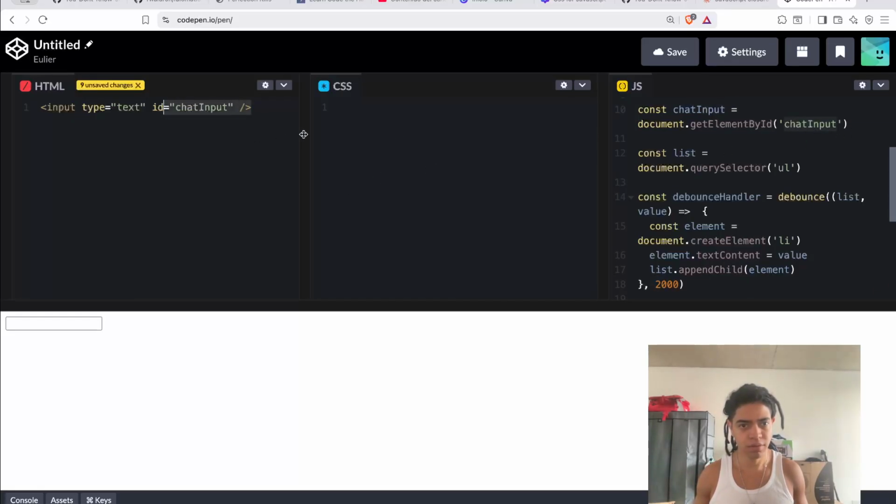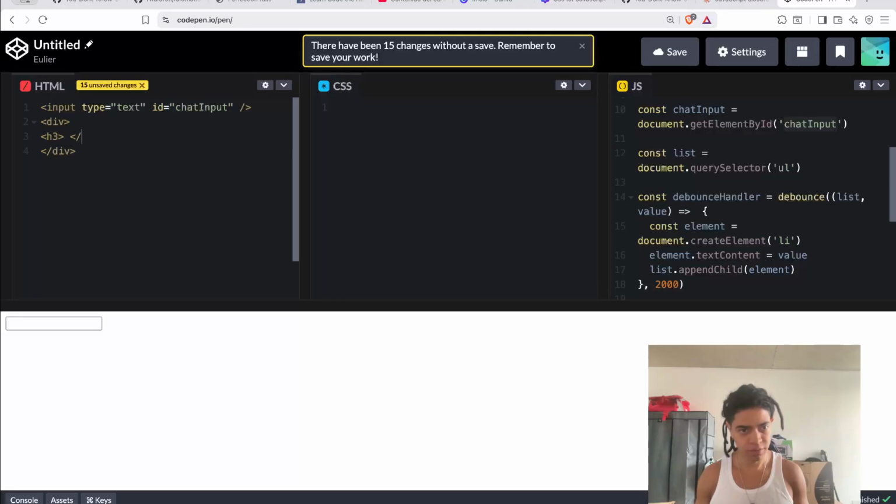All right. And here you say lower here to say h3. It's going to wrap this into a new block. All right. So it's going to render this element right after the input. All right. And then now push the h3 here,